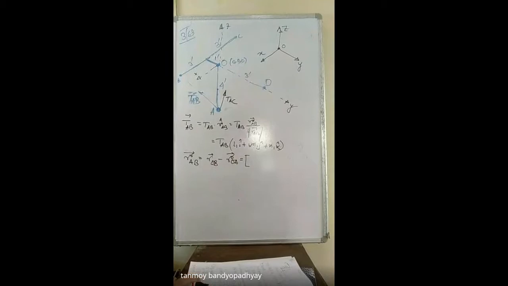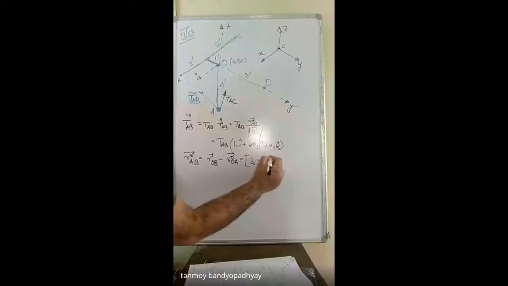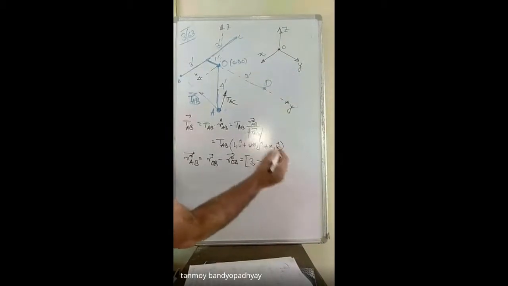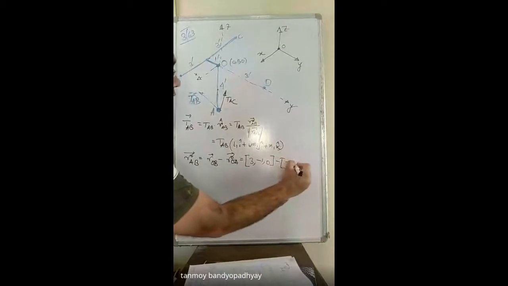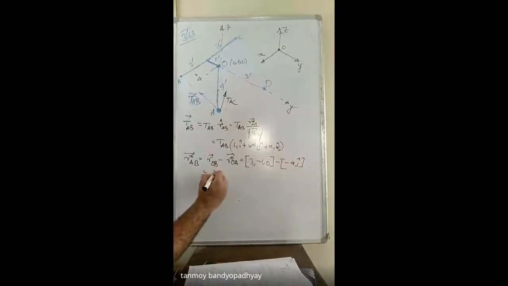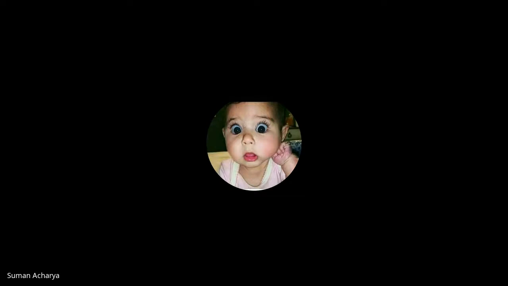ঠিক আছে? So what are the coordinates of the point B? If I need to find out its coordinates, it's in the positive x direction, so 3. What is y? It lies on the yz plane, so x should be 0, and y will be -1, I think. Yes. Y will be -1 and z will be 0. And what are the coordinates of A? It's downward, so -4j. So if I write it, that should be 3i minus j plus 4k cap, minus 4k. ঠিক আছে?